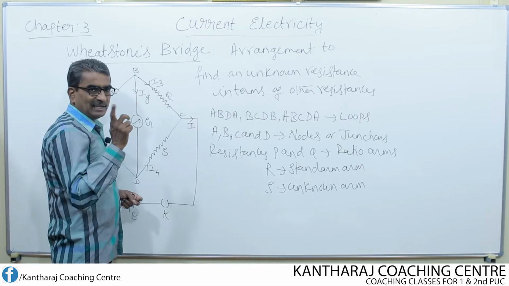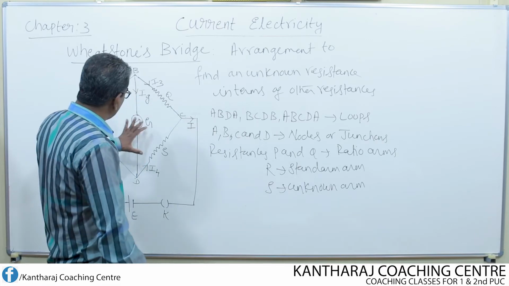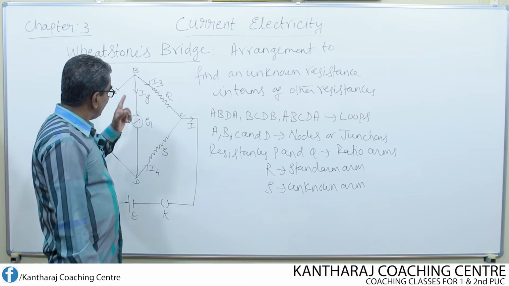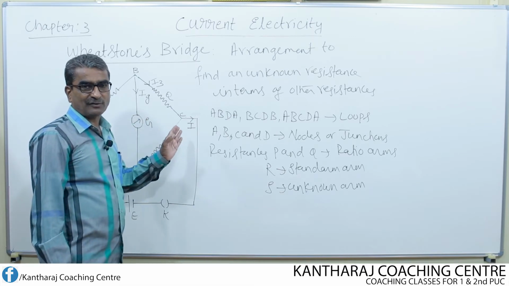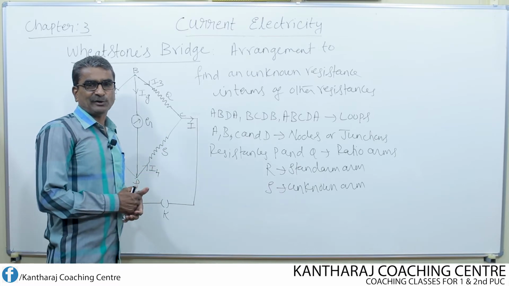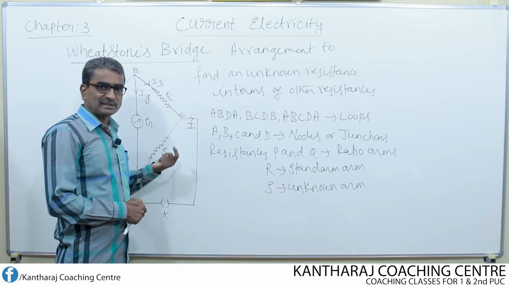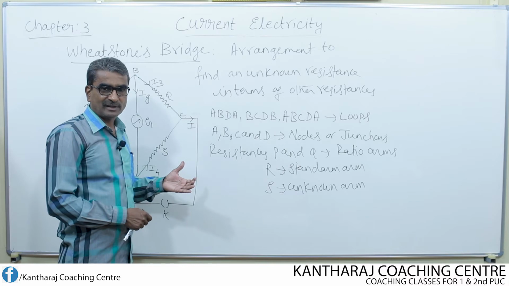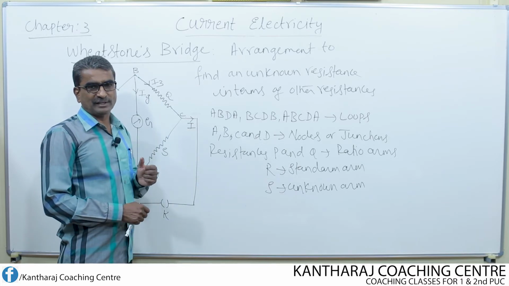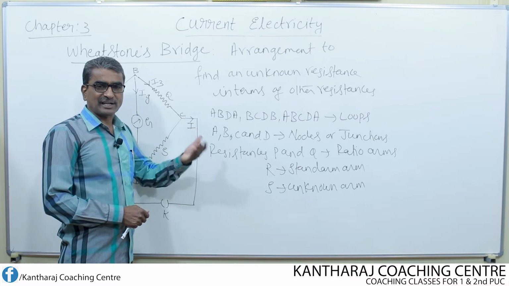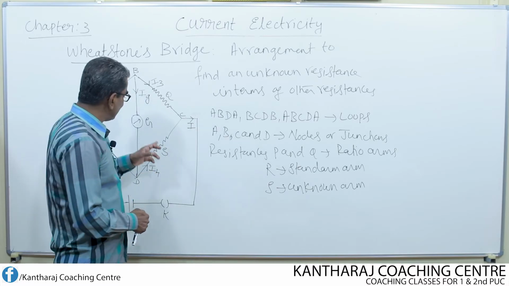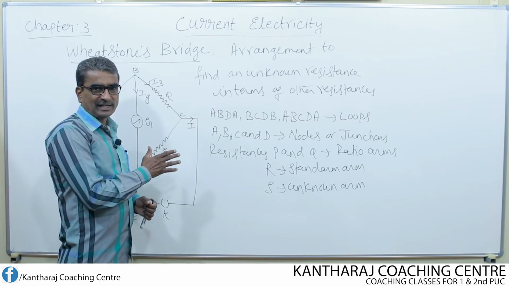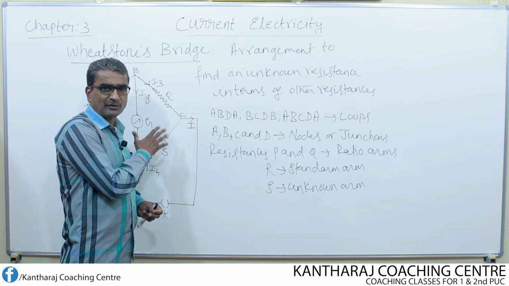And here the galvanometer is a current sensitive device. Why is this galvanometer used in this circuit? It is used to detect the flow of current and also the direction of the current. In any electrical circuit, when we use a galvanometer, what is its function? Its function is to indicate whether current is flowing in the circuit or not. If so, then along which direction the current is flowing is also indicated by means of this galvanometer. So it is used to indicate the direction of current and also to detect the flow of current.